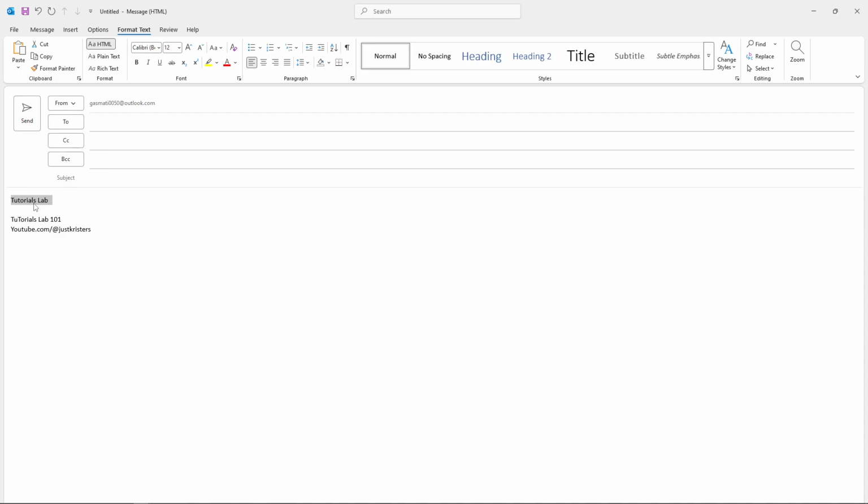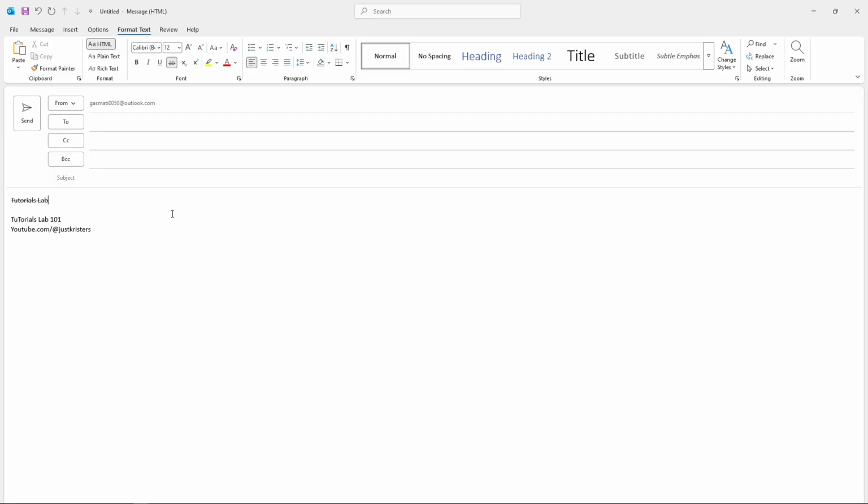Once the text is highlighted, click on the Strike Through button, and it will add a line through the word you've highlighted. The strike through appears instantly, making it clear that the text has been marked or edited. This feature is especially handy when you're collaborating with colleagues and need to show what's been changed or completed in your communication. You can also combine strike-through with other formatting options like bold or italics to create more nuanced messaging